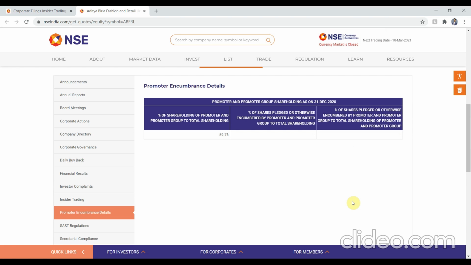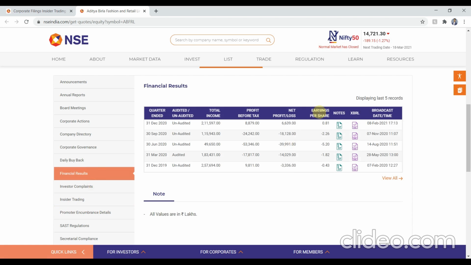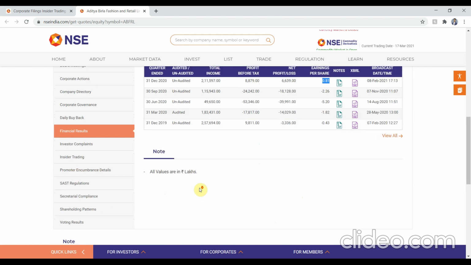Okay, and if the stock passes all these 3 primary criteria, then we would go on to the optional criteria. I sometimes may skip that particular criteria, and that is the earnings per share. We would find it in the financial results tab. And the latest earnings per share that has been reported should be greater than 0. So, okay, so let's check for Aditya Birla Fashion.